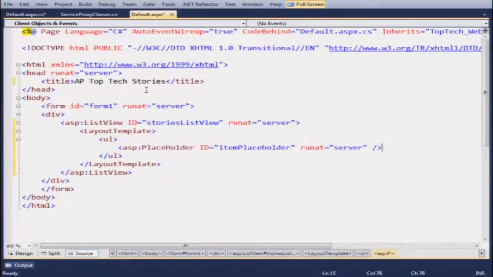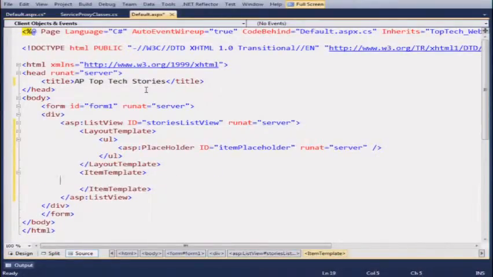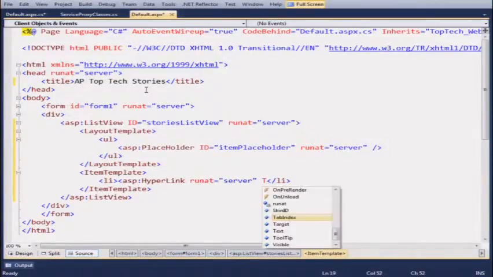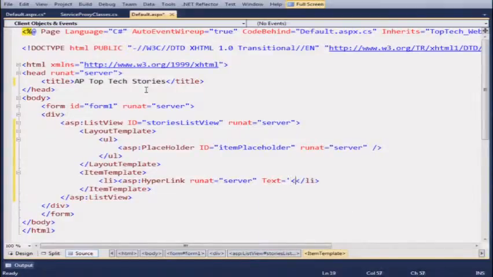None of this, by the way, has anything to do with Dallas. Just me filling in some stuff. And so this is going to be the actual item template. And so here we're going to put a list item. And then we're just going to put a hyperlink. And the text of that should come from,